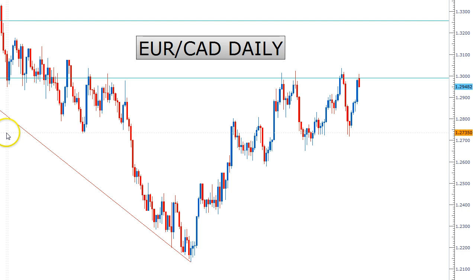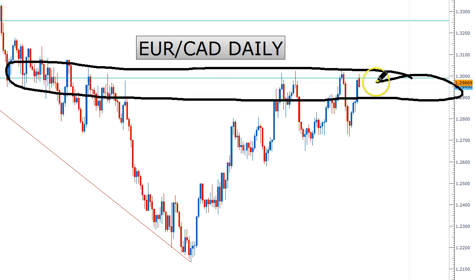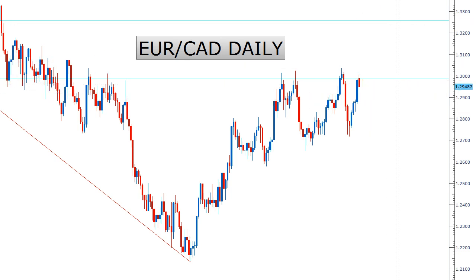Okay guys, so the first thing I want to show you here is this euro CAD daily chart that I alluded to earlier, and you can see that we're sitting on a very major level on the euro CAD. Now, it's interesting because this level also corresponds with a 38.2. You can see my fib level right here that's going across, and that's from the longer term swing, but you can just see how many times it's been tested. First it was broken through, and then tested, broke back through, and since then it's been tested and rejected, all the way down to around 121.5, and then a massive rally all the way up to 130,